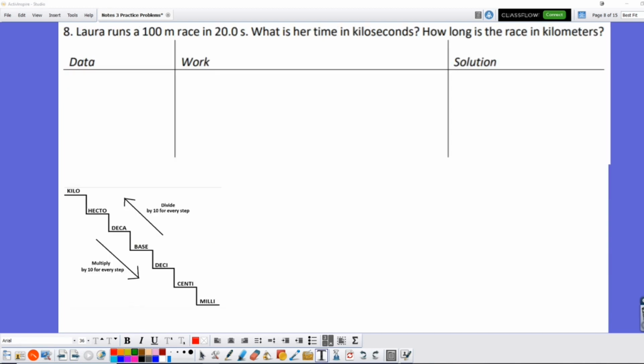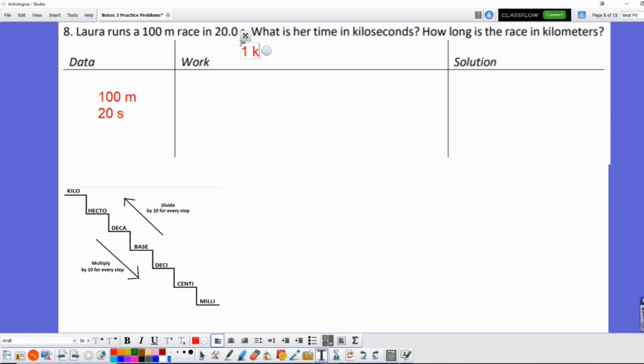Practice problem number 8 says, Laura runs a 100-meter race in 20 seconds. What is her time in kiloseconds, and how long is the race in kilometers? So this is a two-parter. We're going to keep this graph a little small here because we've got a lot more work to do this time. We've got 100 meters as our first unit, and then we've got 20 seconds, okay? And we're looking for kiloseconds and kilometers. Both of these things are going to be base units. Instead of doing the ladder method, I can still do the ladder method, but we're going to try to use that conversion factor going from one